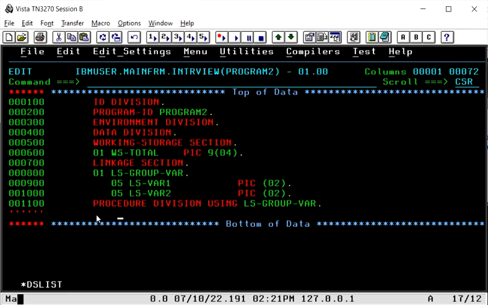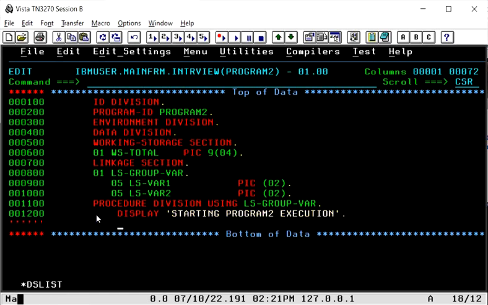Okay, so first we will try to display whether our control is coming here or not. So we will say starting program 2 execution, and then a simple compute statement, compute ws total equal to ls var 1 plus ls var 2,